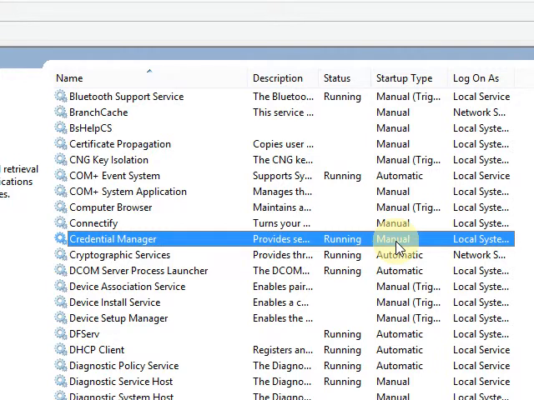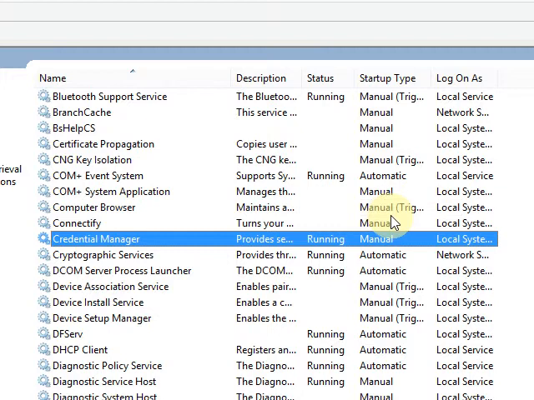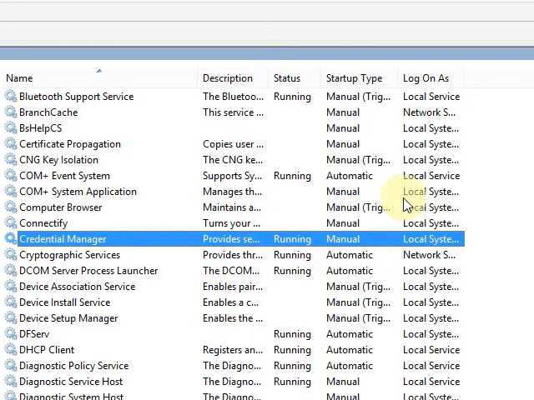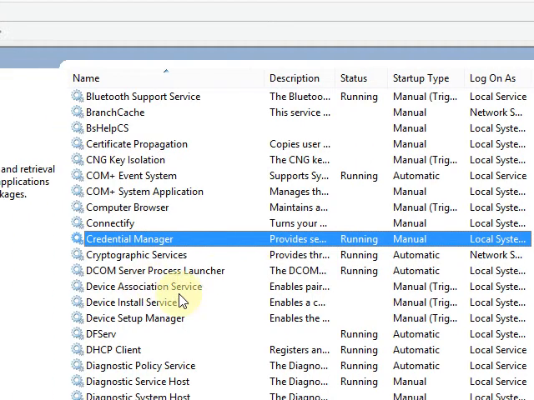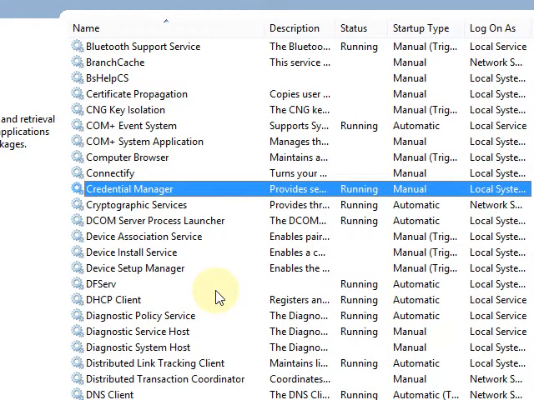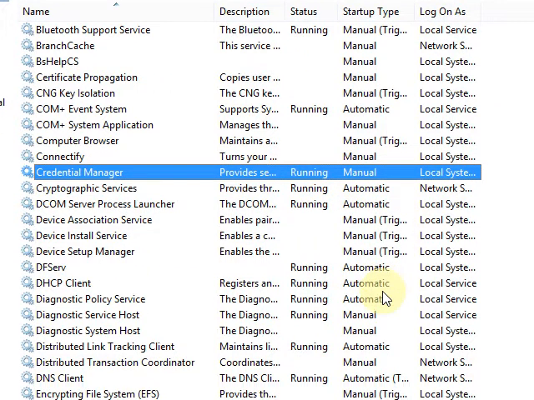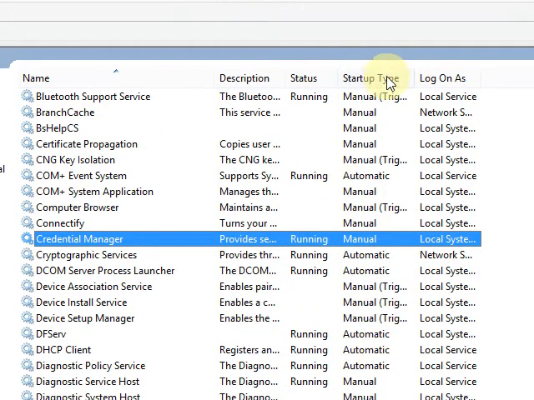So never ever disable it, just turn it into manual. Whatever unnecessary things you have, turn them into manual, and do not turn anything that is manual into automatic, because those things are not something you need. Microsoft has already decided that you don't need them, and hence it has already given them manual status. If you turn them into automatic, you are increasing your startup time again. So just check the automatic startup items which you have there.